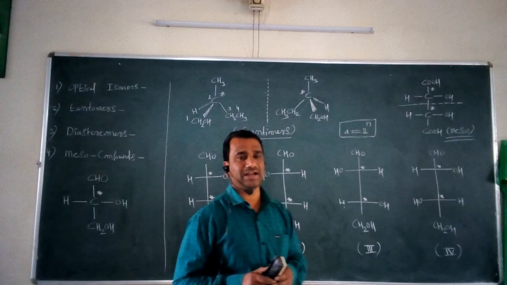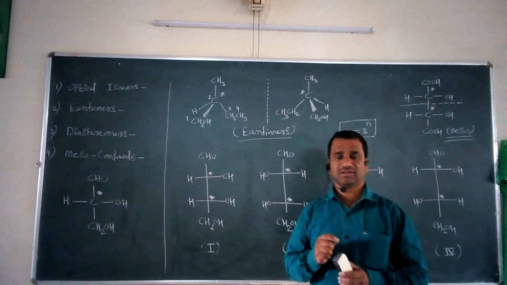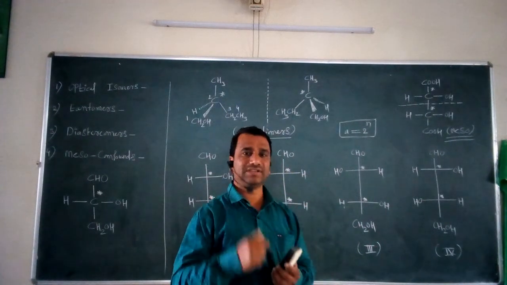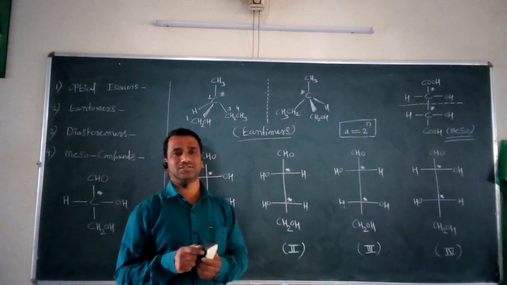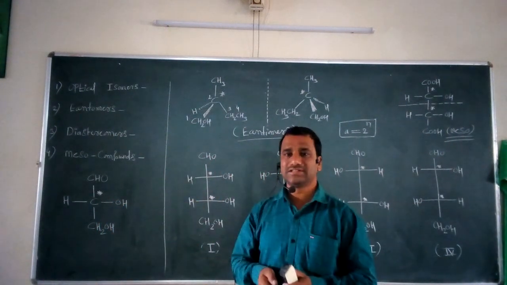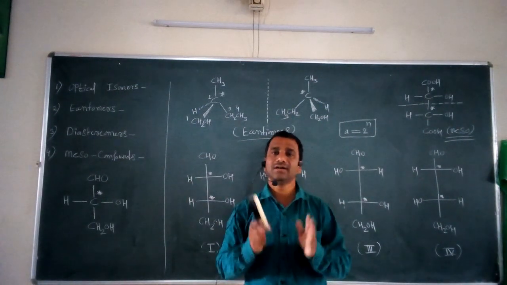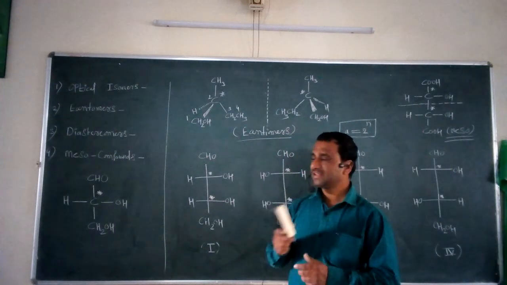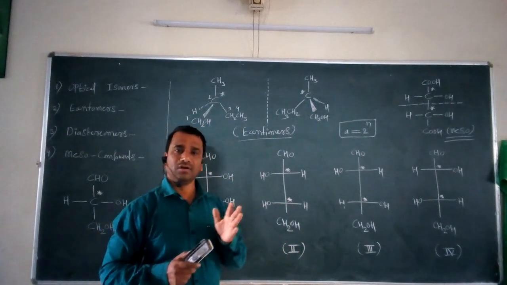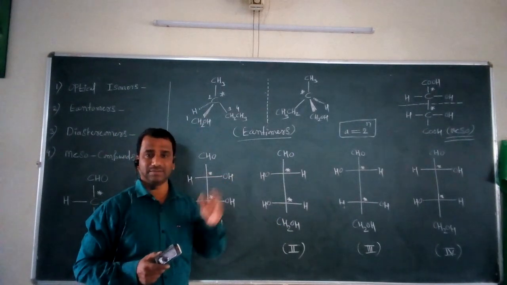So in short, we can say that diastereomers are those isomers which cannot have a mirror image relationship between the object and the second form. Such types of isomers are called diastereomers. So these are the three important concepts: the enantiomers, diastereomers, and next the mesocompounds. These three important concepts are frequently used in this stereochemistry chapter. So let us go through different examples in order to understand these three concepts.